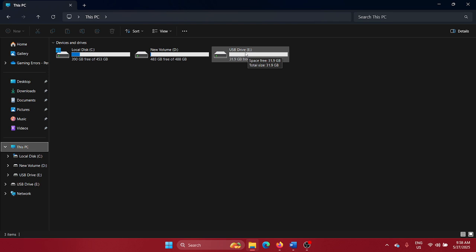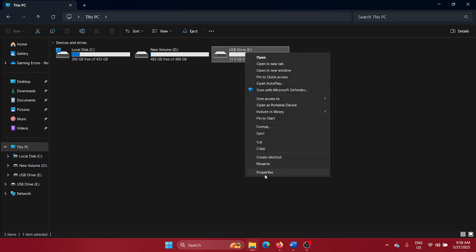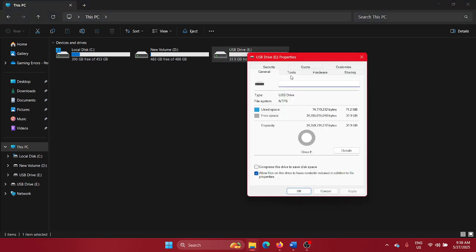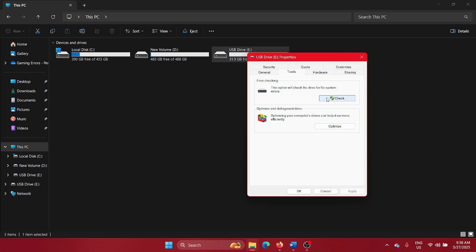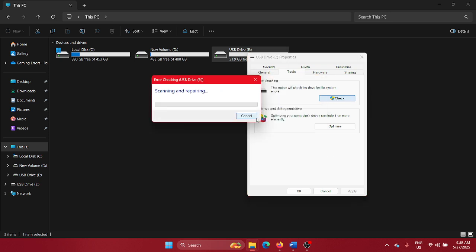Now, instead of formatting, right click on it and select Show more options, and then go to Properties. Go to Tools and there is an option for error checking. You can scan and repair this drive. Okay, you don't need to run a check disk scan, but you can. This is how you will be able to check it for errors, and maybe, just maybe, you will be